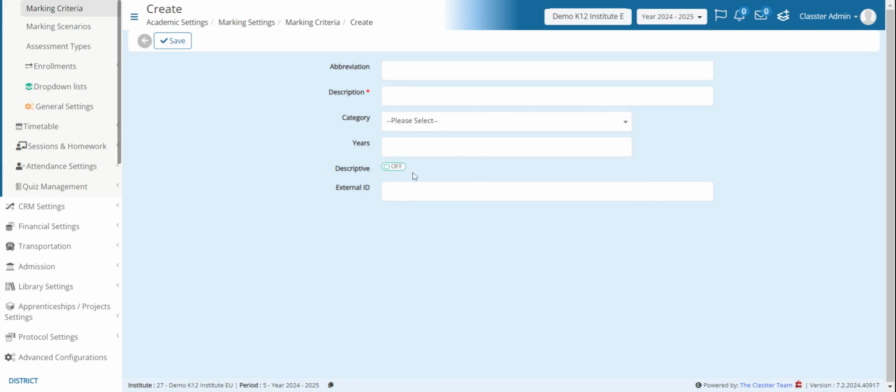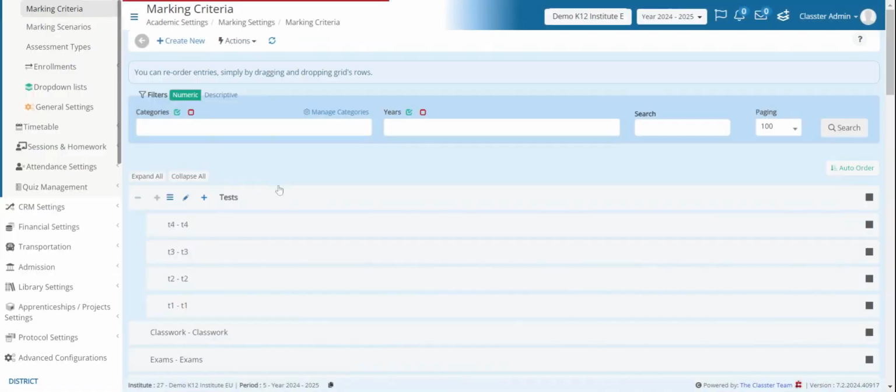You can enable the descriptive switch, if this is to be used as a descriptive marking criteria. Of course, it's optional. And like that you can create a new marking criteria. From the main page of marking criteria, you need to click on the descriptive button to view all descriptive criteria